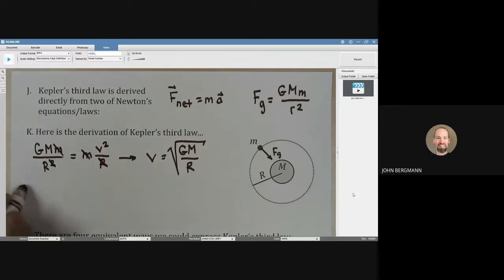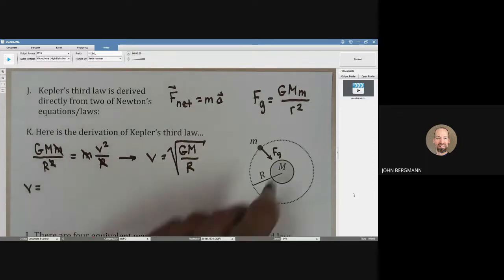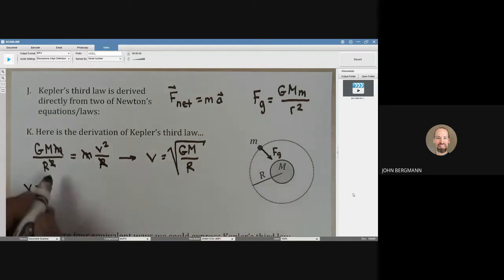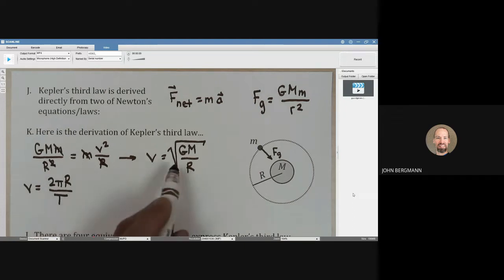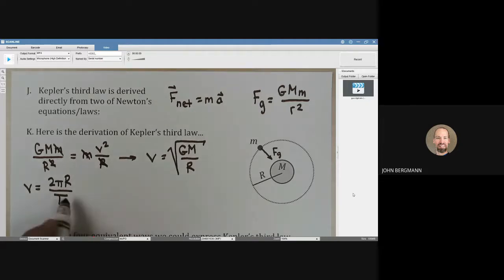But now, isn't the speed of this satellite also equal to the distance around that it goes, which is 2 times pi times r, divided by how long it takes to do that, which we know is the period? V is equal to this, and V is equal to that. So if I equate these, then we should be able to find what we need. So let's try that. If we set that equal to the square root of GM over r,